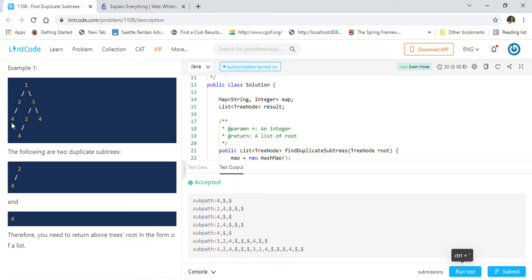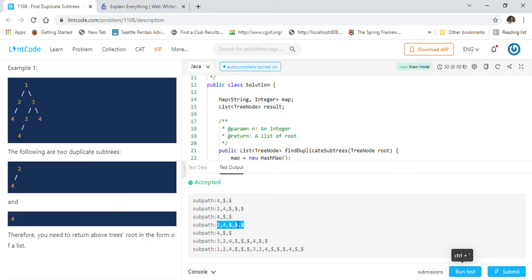First it visits this 4, which is the leaf node. So it says $4, right? And after that it goes to this 2, so it will say 2 $4, because of the left path, and then the right will again be $1. Then it goes to this right side 4, so again you can see this $4, and then again it will hit this 2, so you will see 2 $4.